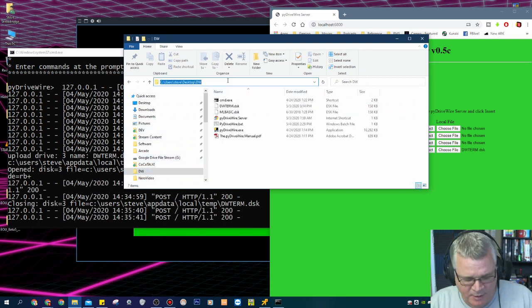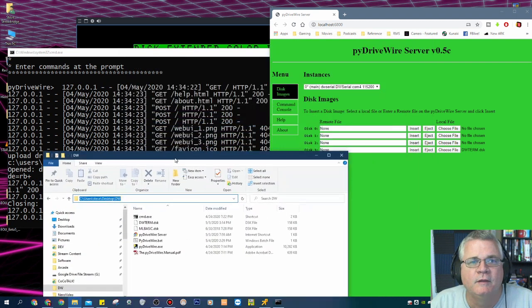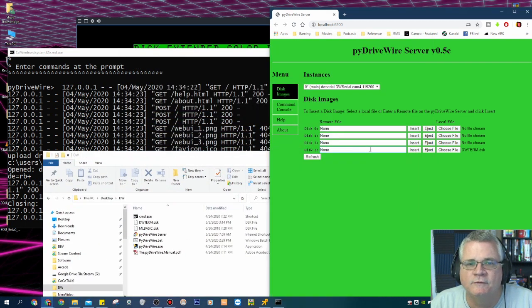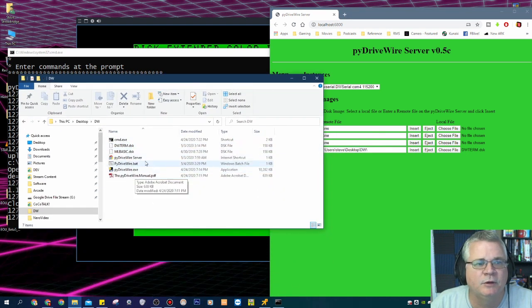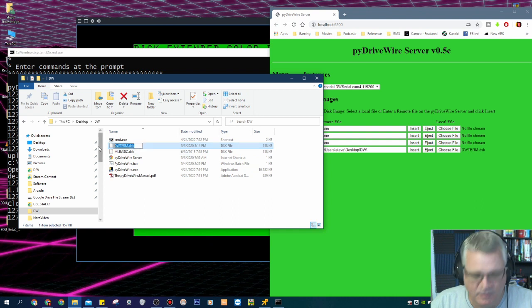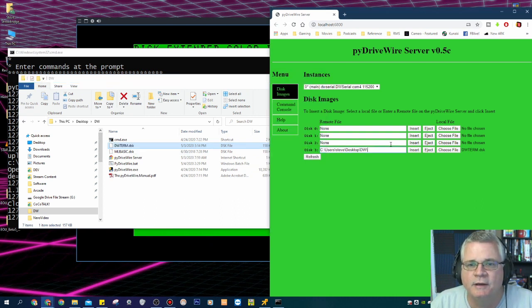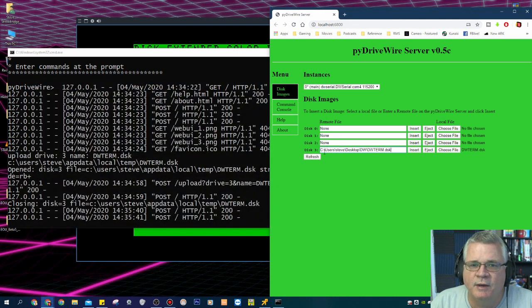So here is the path to the file. The path in my case here is, I'm getting rid of the word N. So it's /user/steve/desktop/dw/ and then it is the name of the entire disk image that I'm going to copy and mount here and paste in here. And so if I manually feed in the path of my user's desktop DWTerm blah blah blah DWTerm.disk and hit insert,